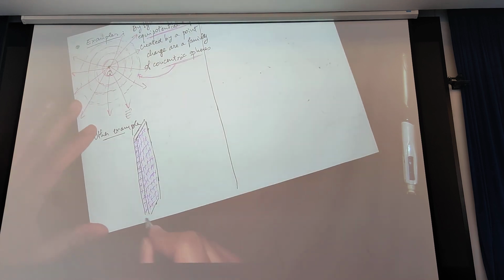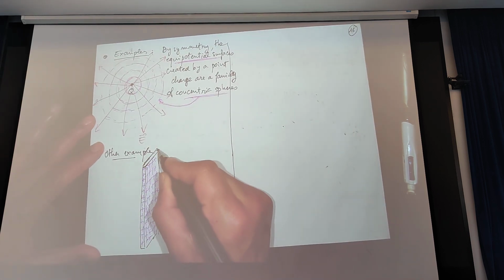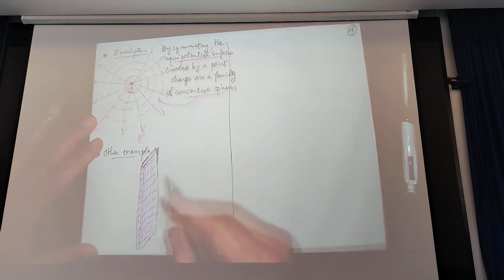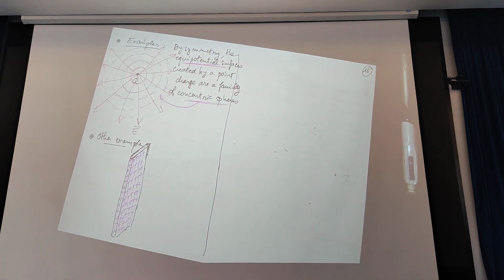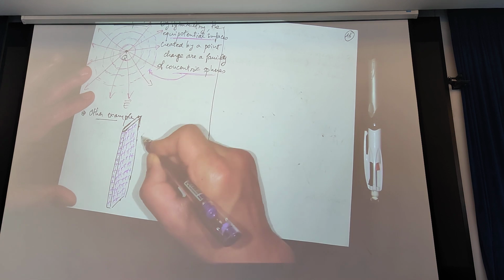Imagine a plane like this. According to you, what are the equipotential surfaces created by this plane? Exactly. The equipotential surfaces are planes